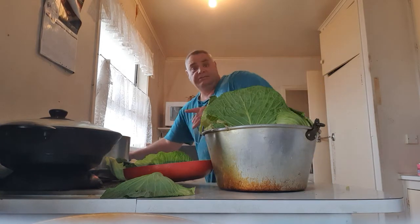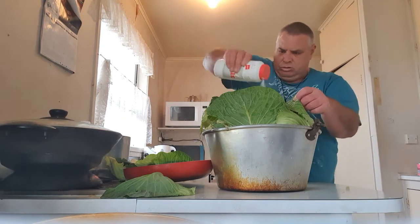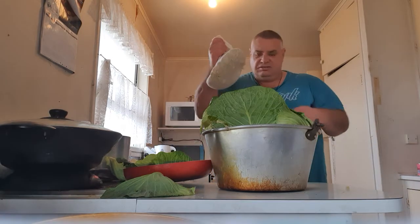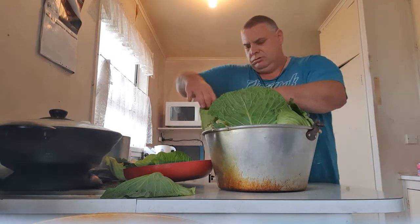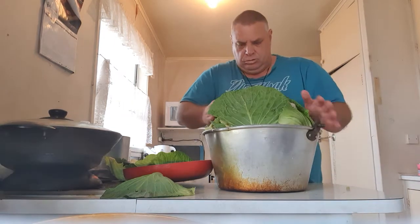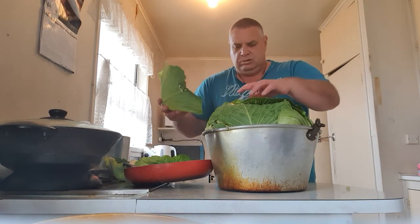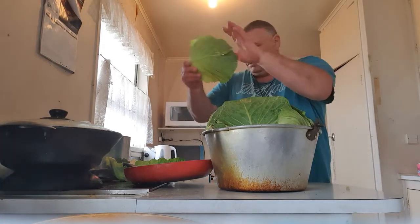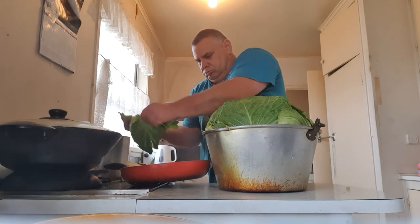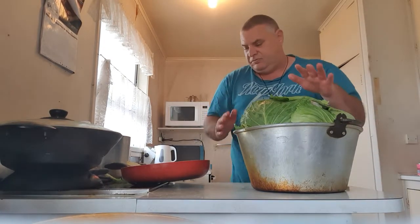Salt again. Stuffing. And just our cabbage leaves on top. Now, just one on top, I think. Right. Now, before we foil the top whānau,